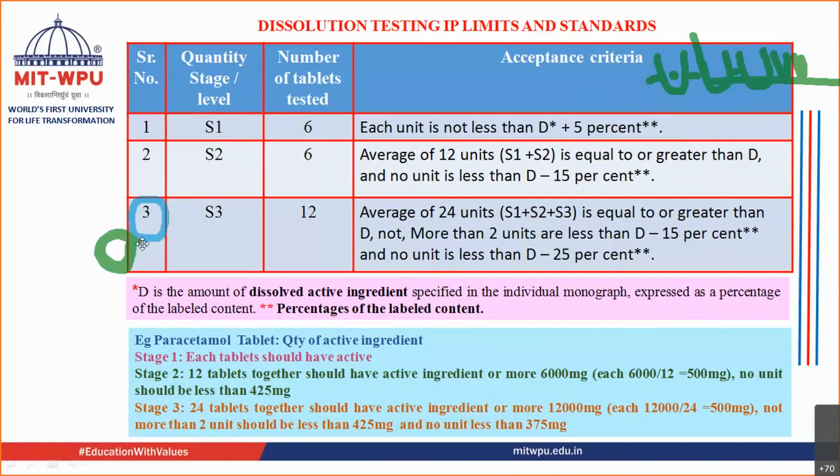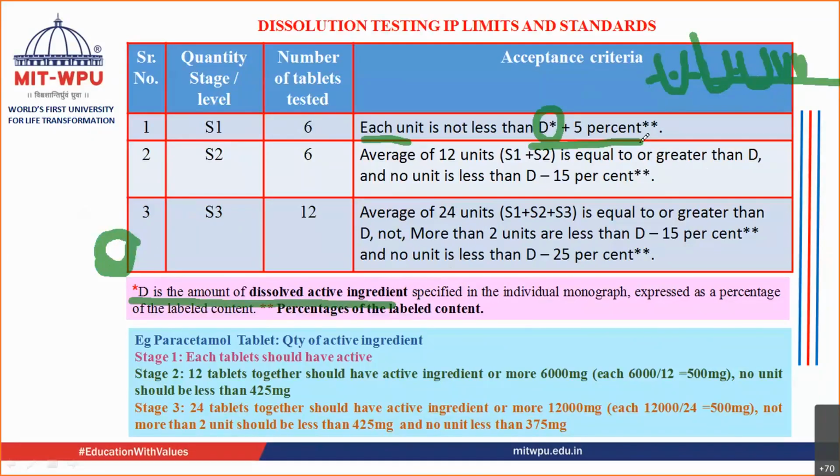Now what is the test? In the S1 level, the number of tablets that you are putting is 6. Now what is the acceptance criteria? Within the specified time, each unit, meaning each tablet, contains not less than D. D is nothing but the label claim, the amount of dissolved active ingredient, plus 5% extra, should be the